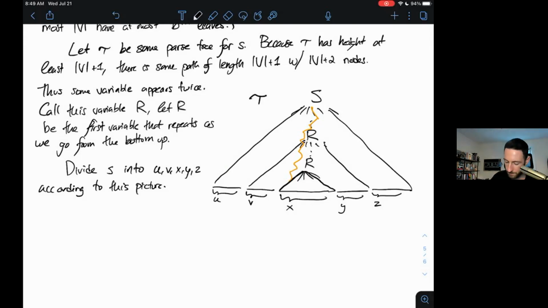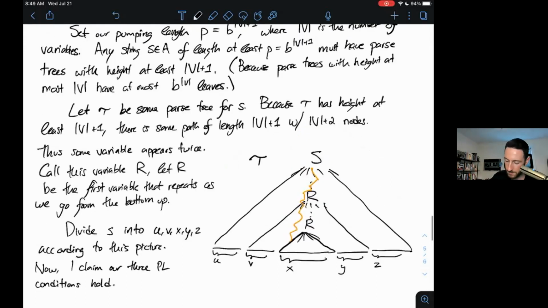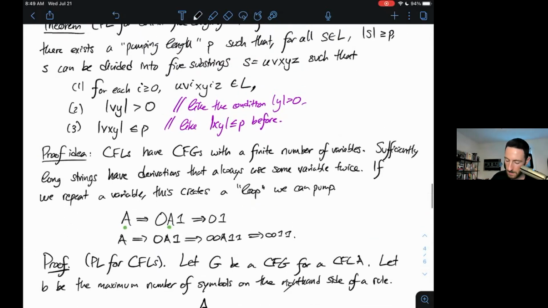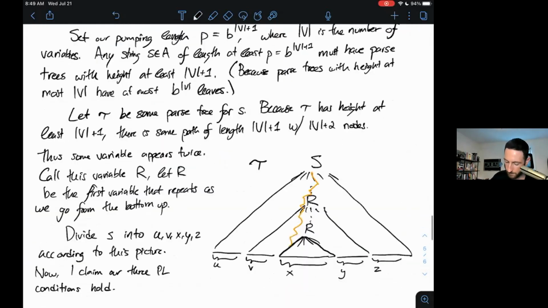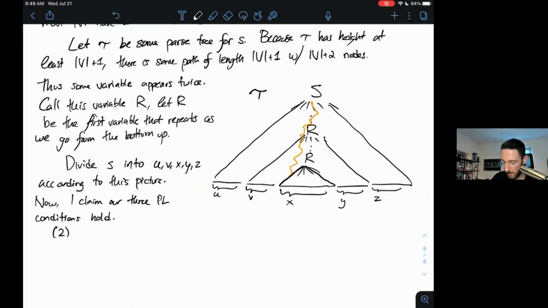So now I claim our 3 PL conditions hold. I'll start with the easy one. So claim 2 says that the length of v plus the length of y is greater than 0. And I claim this holds